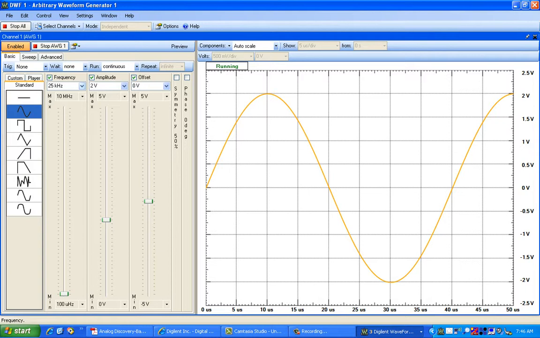So in this experimentation we are going to feed input frequencies starting from 10 kilohertz up to 250 kilohertz with increments of 25 kilohertz. Let us start with a frequency of 10 kilohertz.